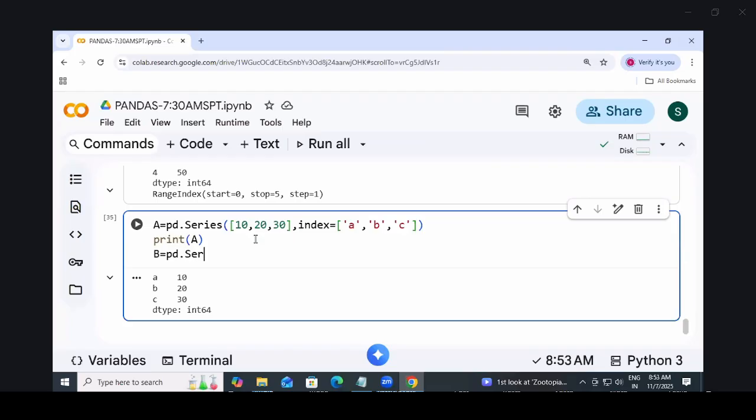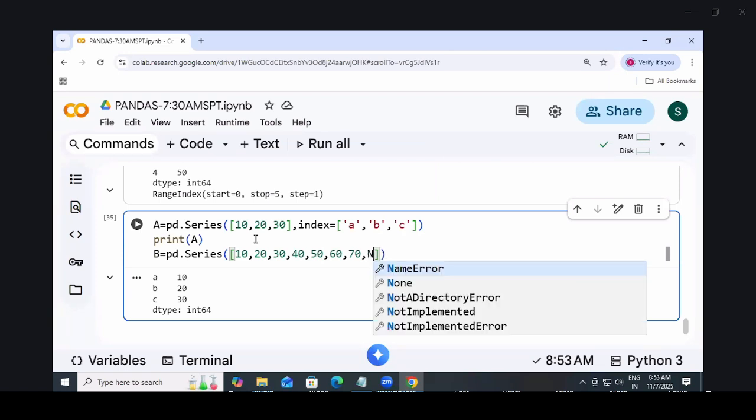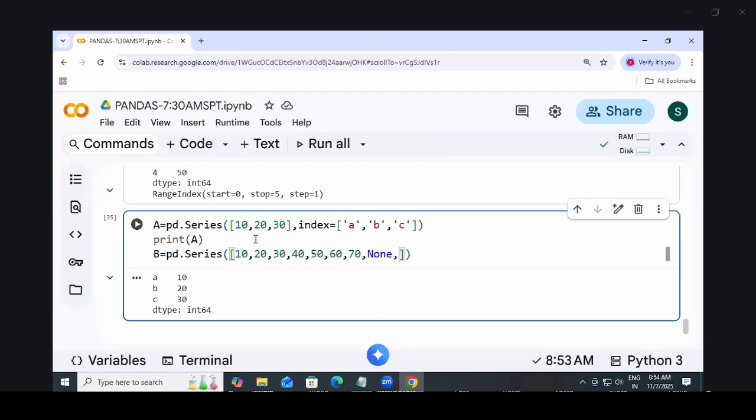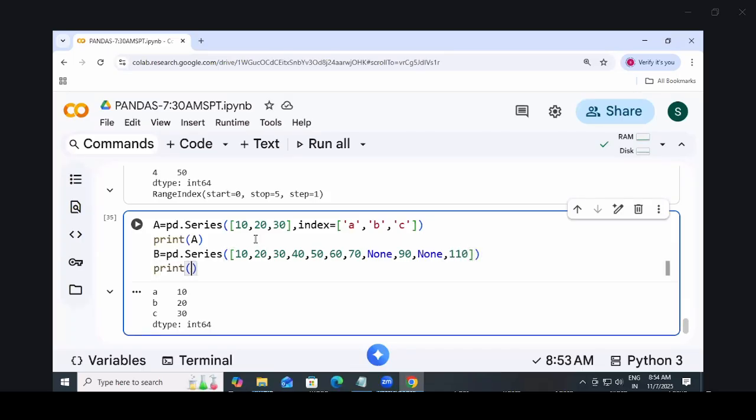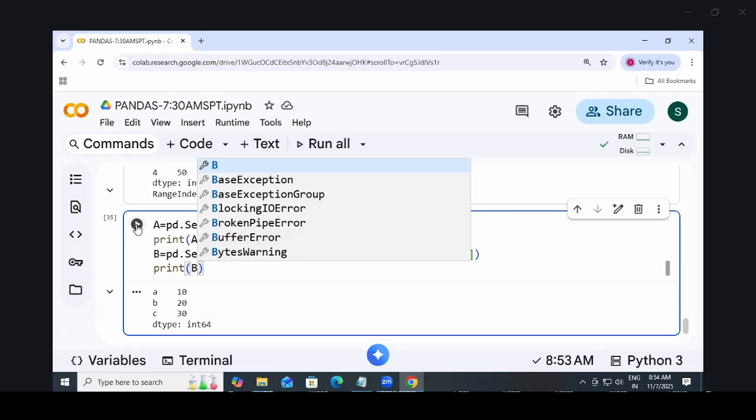pandas.Series. I'm creating a series with some 10 values. Assume that some of the values are missing. Okay, some of the values are missing here. So I just write here 90, then none, and here I've written some 110. Now this is a series which I created, but by default it gives